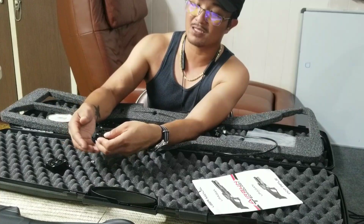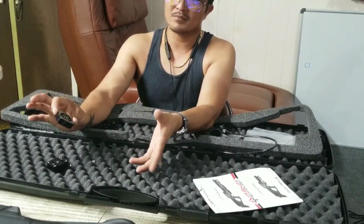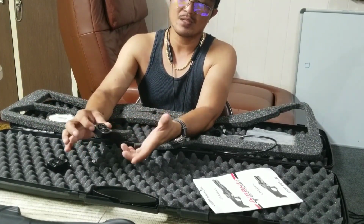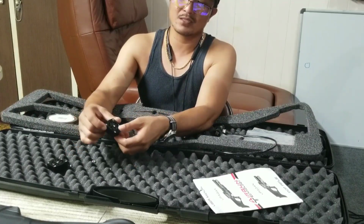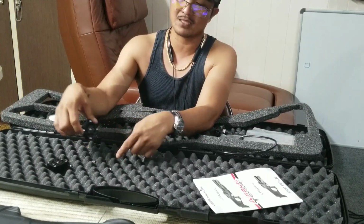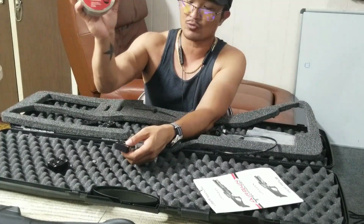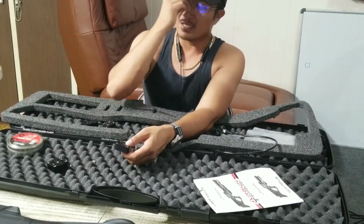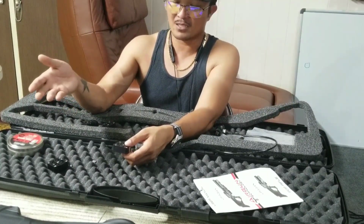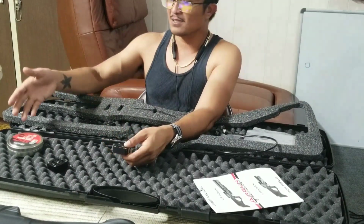I'll show you folks an easy technique. Of course it's a spring-loaded type magazine, and what you'll have to do is use a little bit of force. Right now it's empty, I just emptied it out. These pellets are the Exact King Heavy MK2 version, and that's what I decided to stay with as the primary ammunition for this gun. There's no reason behind it. It's just that power wise